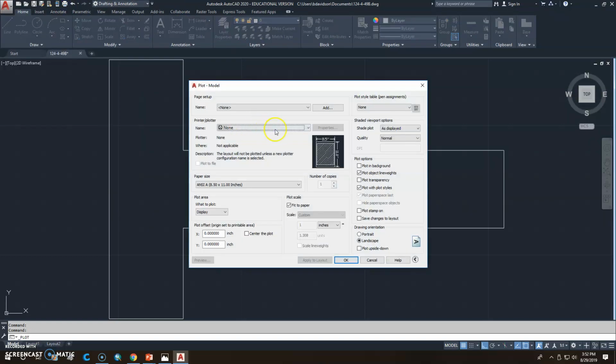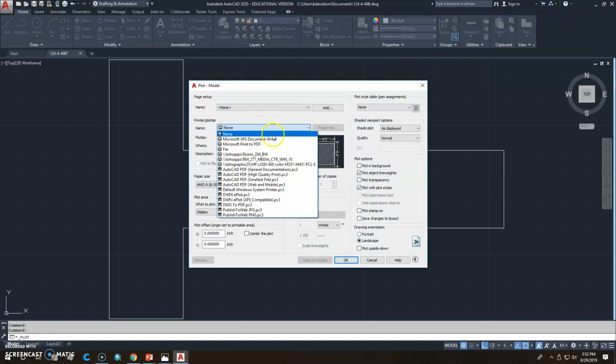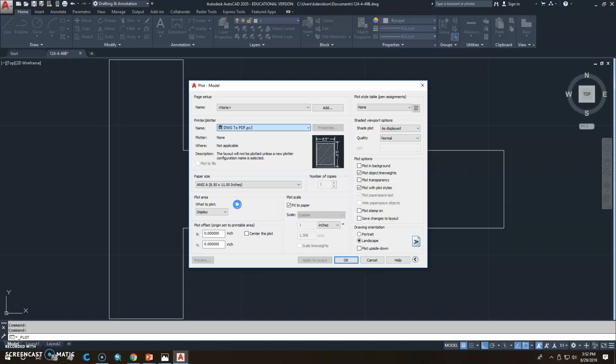Go to print, and we'll go to print to PDF, or you can come down here to DWG to PDF is the one you should do. So you're going to make this file as a DWG file, and we're going to print it to a PDF file. And then we'll go here and look at this, and we're going to see that that's an ANSI 8.5 by 11,